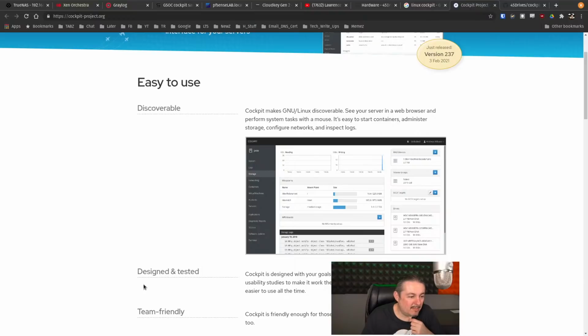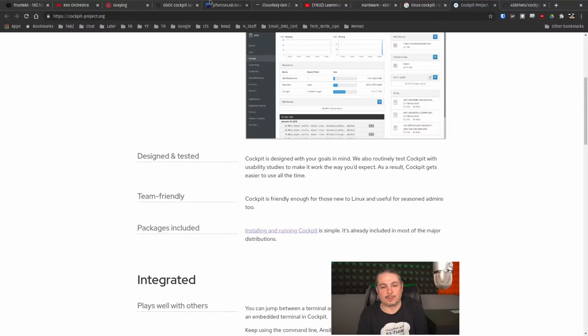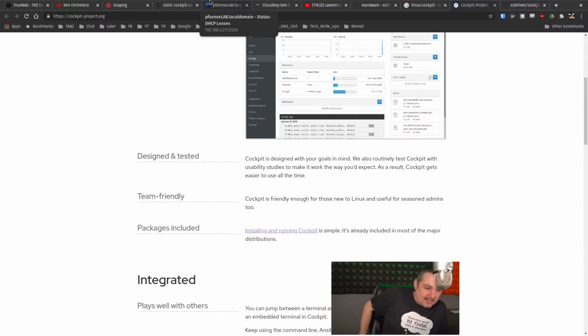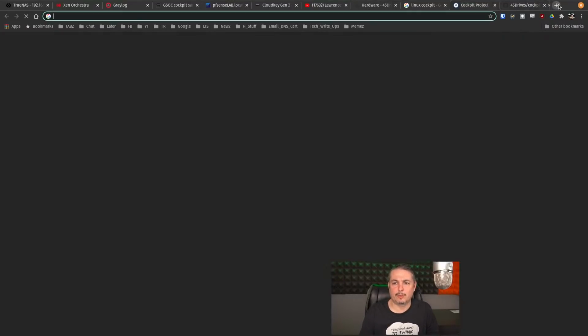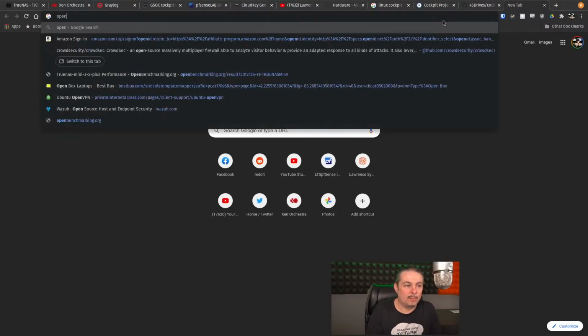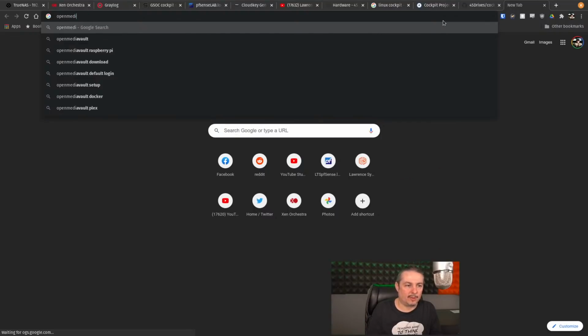Any made 45 Drives versus Open Media Vault? 45 Drives is not a software company. Open Media Vault is a software project, not a hardware project. So some people like Open Media Vault. I don't use it, so I don't have a use case for it, is what I should say. I don't have anything against it, I just don't use it. And to my knowledge, Open Media Vault, although someone always tells me I'm wrong,